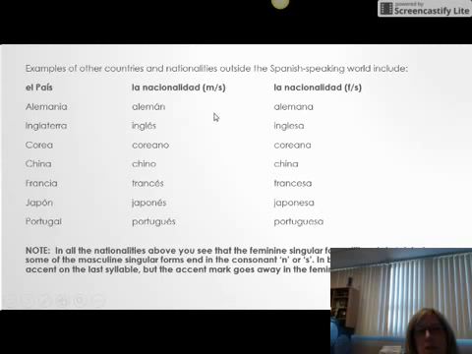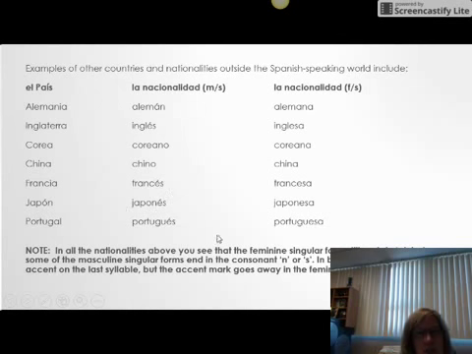Here are some other countries and nationalities. These are all outside the Spanish-speaking world. These are part of your vocabulary for this unit. So Alemania, which is Germany. The nationality for a single male would be alemán. A single female would be alemana. Inglaterra is England. The person is inglés, English, which is also the language, and inglesa for a female. Korea would be coreano, coreana. China is obviously China. That's the country, but the nationality is chino for a male, Chinese, or china for a female. Then we have Francia, France, Japón, Japan,